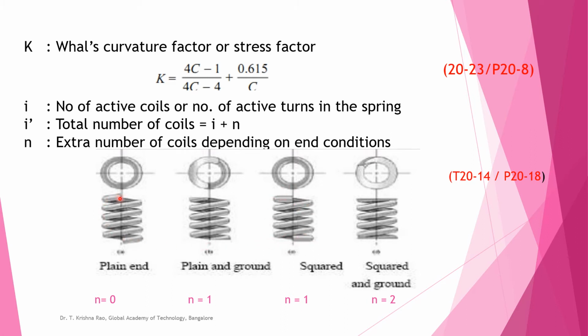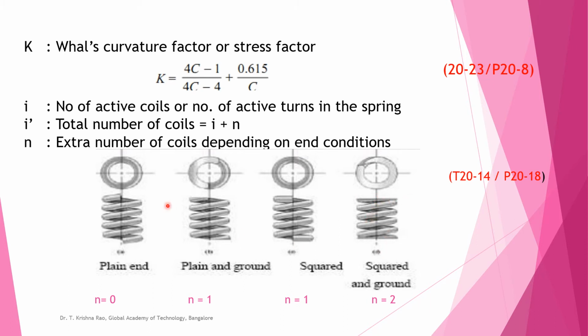Instead of folding, grind the top and bottom of the spring. This is like a ground surface at the top and bottom, called ground ends. These two are also not very comfortable, because the load will sit only on half the distance, and the other half is inclined. So the best condition for springs is always squared and ground. First you square it to 90 degrees, then grind the surface. It becomes a perfect horizontal surface, squared and ground.